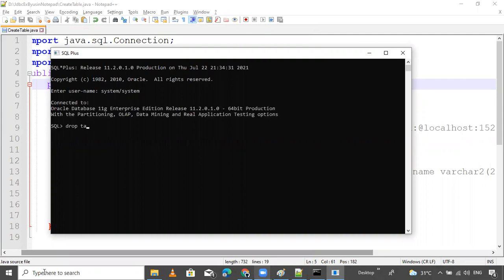Drop table student, then drop. Commit. Commit is mandatory to perform. Commit and check select * from student. Is there any table? No.